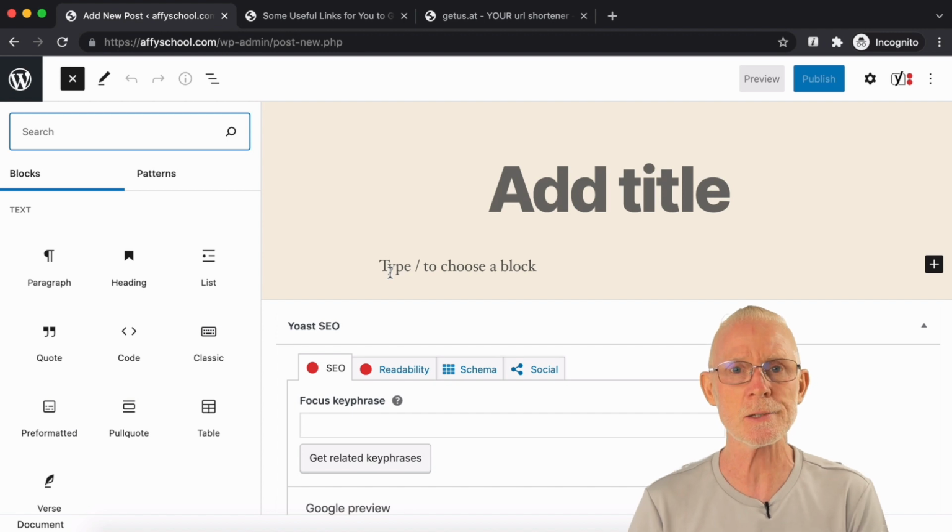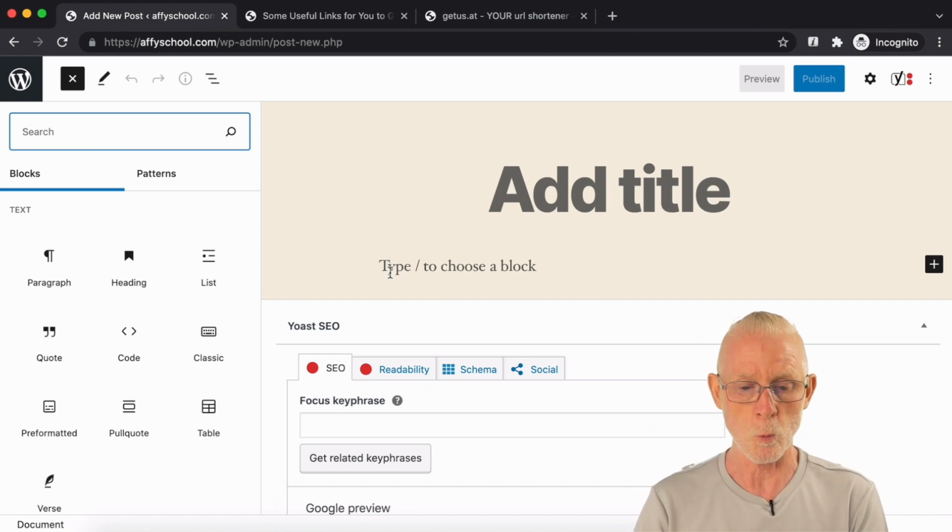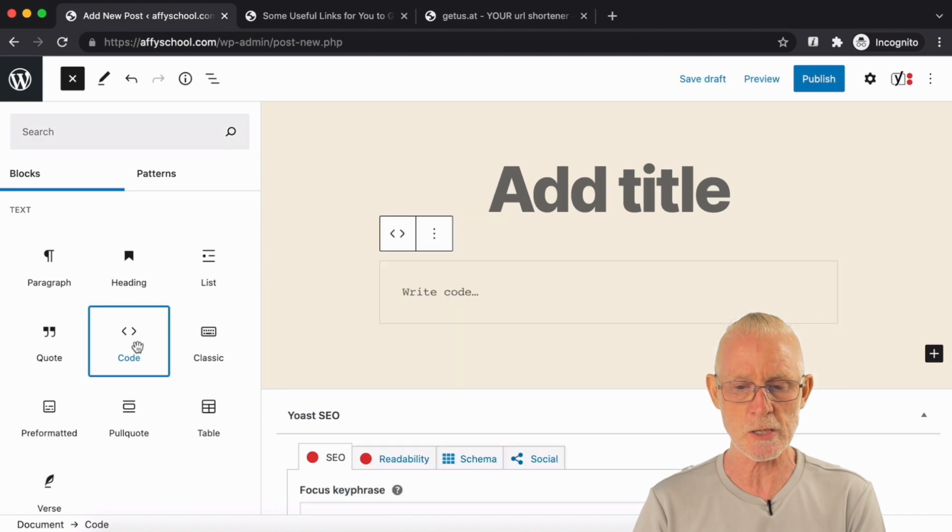You don't actually need a site builder. This does it for you, and this is the fastest that you'll get with WordPress because it's part of the core of WordPress code. So all these different things you can actually add in here, code snippets and so on, but there are restrictions. So let's have a look now at